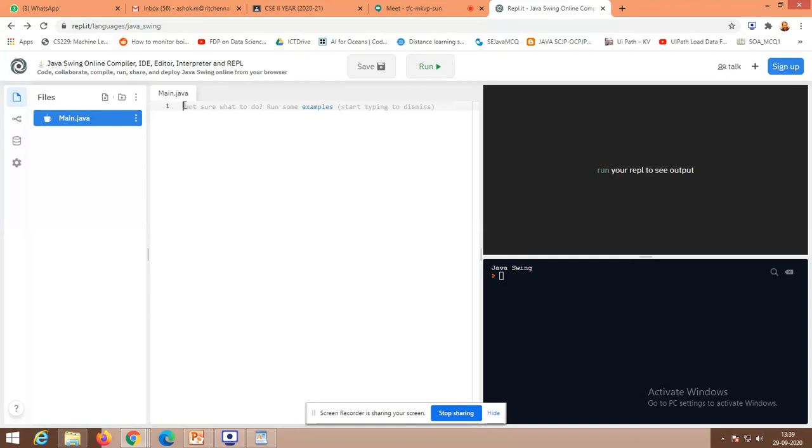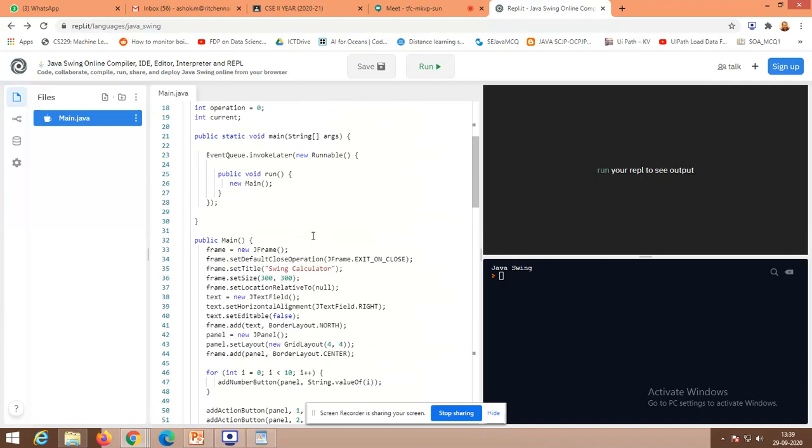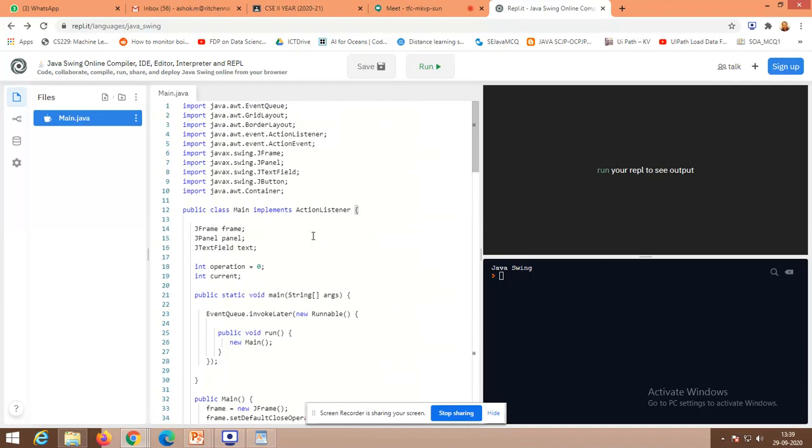Yes, it's getting loaded. Connected. Fine. So while you are going to do that, don't worry, you won't get these problems, because I have rehearsed a lot. That is the reason why I got something to work with. See, while you are going to run this, this file name is main.java. That is the reason why I have renamed this file here. Right, I have renamed it main. So wherever the class name is used, you have to rename it. Okay, I will supply these codes. You can check in the same editor, or you can check with your own local system also. You have to change the corresponding main method.